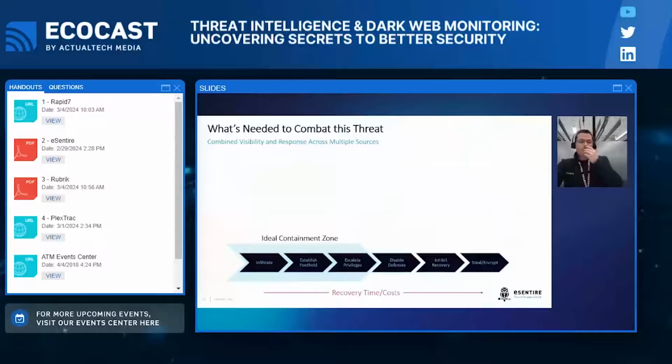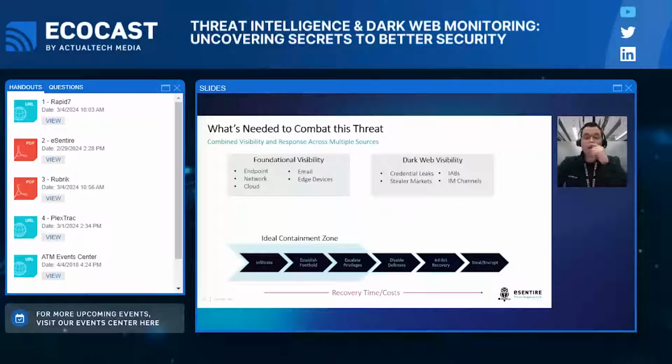So what do we need to do to combat this threat? Let me bring back the ransomware kill chain again for some context here. What visibility do we need to maintain or try and reach that ideal containment zone? Well, it's no surprise here. We need to start with the foundational elements of network visibility: endpoint, network, cloud, email, logs from your edge devices. Ideally, we are ingesting that telemetry and we're exploiting it for threat detection and response.